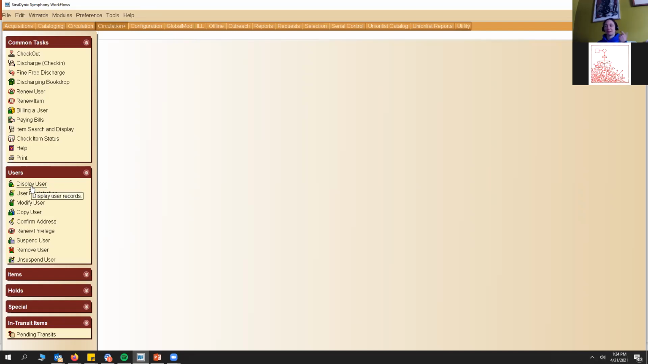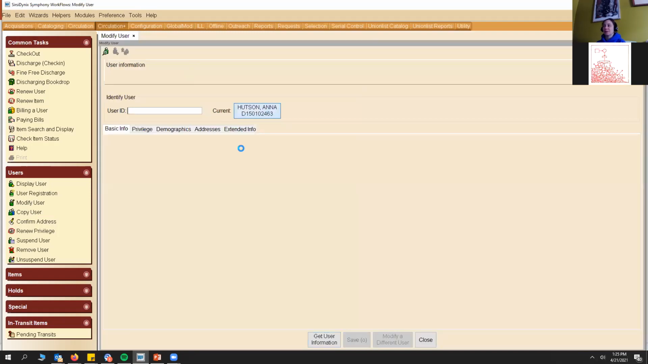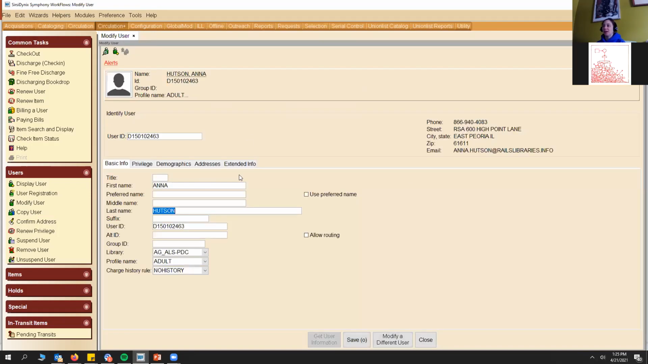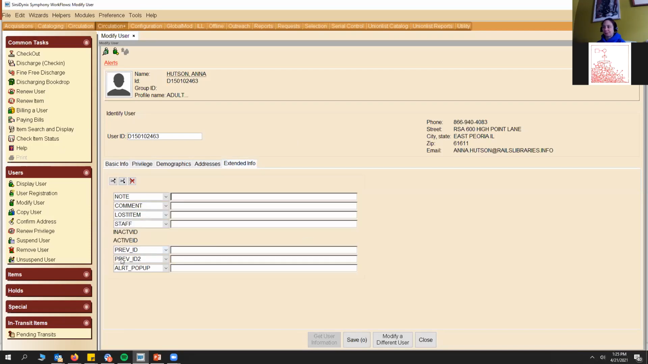And there is this new feature where you can create a pop-up alert that will, if you have text in that alert field, generate a pop-up window basically everywhere it can when you pull up that user. Obviously this won't help you with patrons who just come in, use the computer and leave, but it's another way to get a little bit of an alert there for staff. So to set one up, just go to modify user, pull up the account you want to add the alert to, and then under extended info, under alert pop-up,